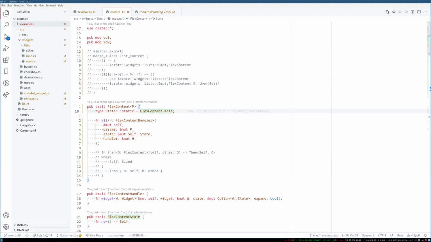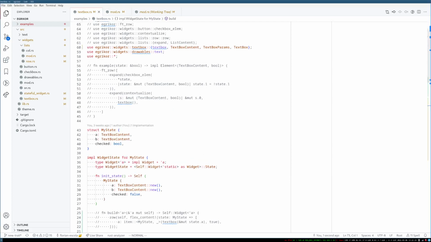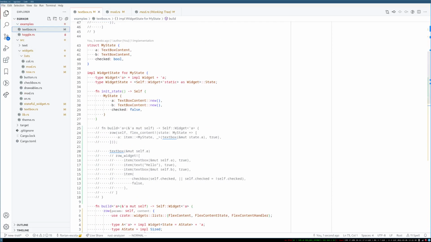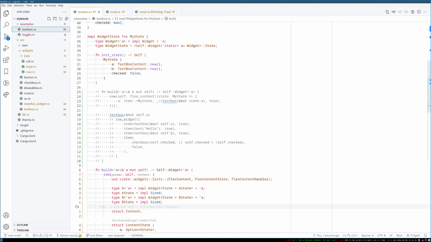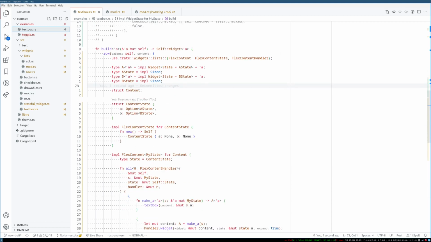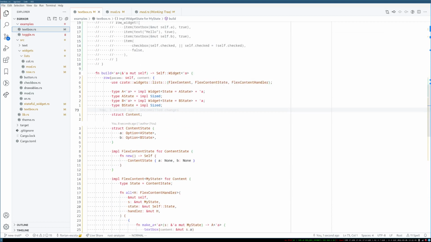Hello. So, yeah, last time I was sort of stuck with this whole macro expansion for list content, but yeah, I figured it out. Right here. So it turns out the solution is basically just to reference it here instead of, I think what I did before was like not specify it here, but